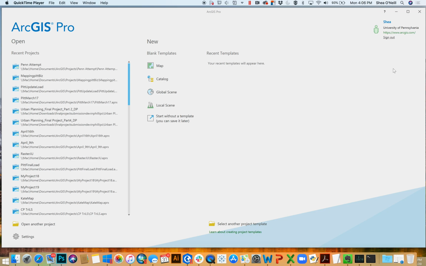So you should have been granted, or be in the process of getting, an ArcGIS Online account from the University of Pennsylvania. If this doesn't look like anything there, you'd come up and hit sign in. It would pop up with a username and a password, and you would enter your account information, and it would then pop up your name, University of Pennsylvania, and you'd have all the access to the bells and the whistles that we need. So